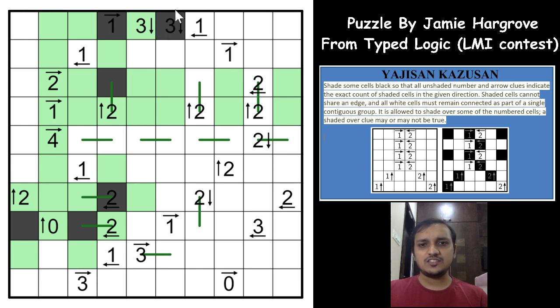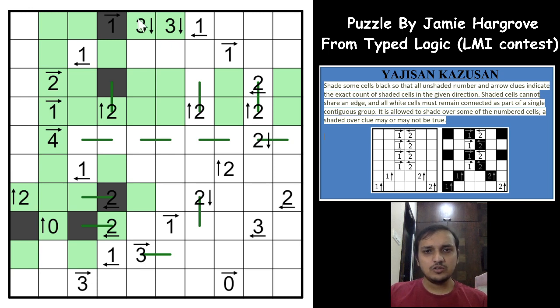So what happens if I shade this cell, which makes this one unshaded, and this is violated by having 2 shaded cells now. This can be seen in other examples also. Let us see in this one now. Let us assume that we have already shaded this cell, maybe this cell, and we have already fulfilled this one, which is neither shaded nor unshaded. We cannot shade this cell. So if we shade this cell, this has to be unshaded, and both of these are 2 shaded cells for the one, which is violating the clue, right? Which means that this cell has to be unshaded, right? Now let us see if we get anything now again.